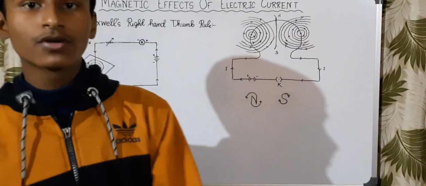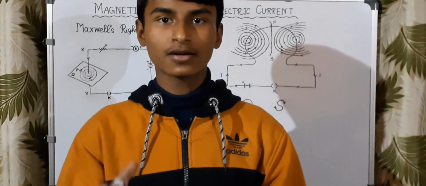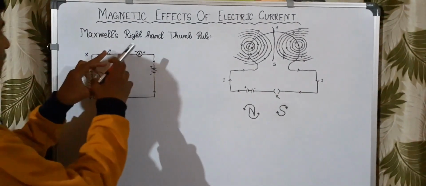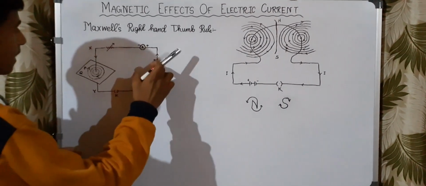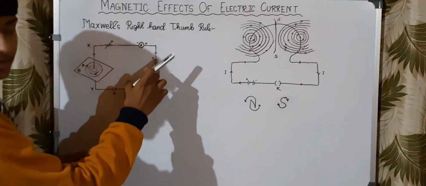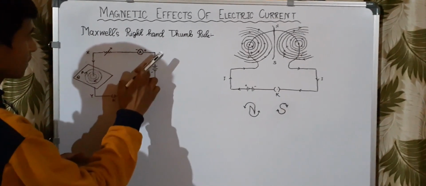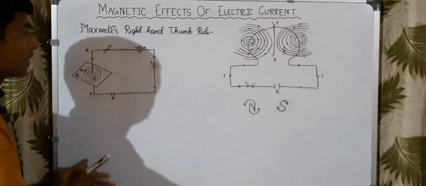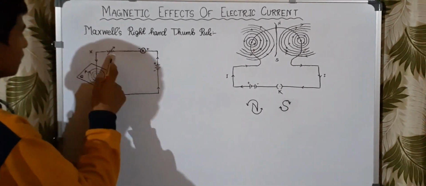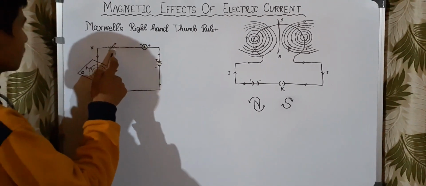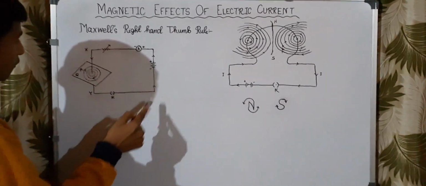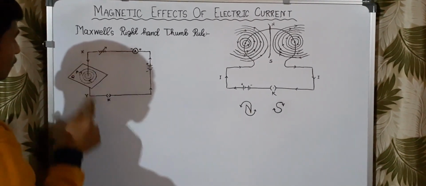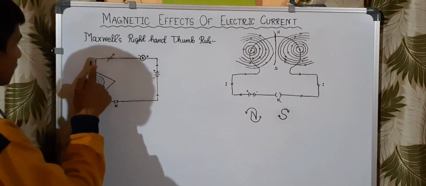And before going to understand this concept, we have to understand one diagram. Here it is a closed circuit, and it has two cells forming a battery. It is the positive terminal and it is the negative terminal. Here it is an ammeter, and a rheostat, or variable resistance we can say,